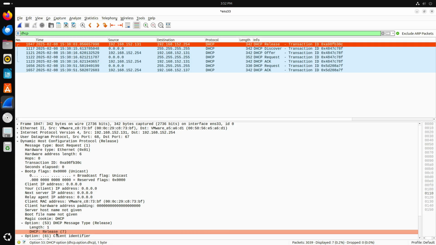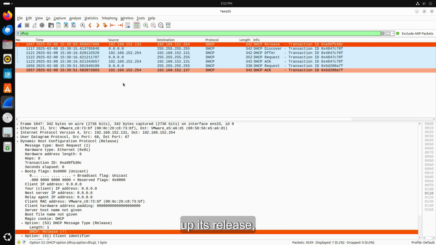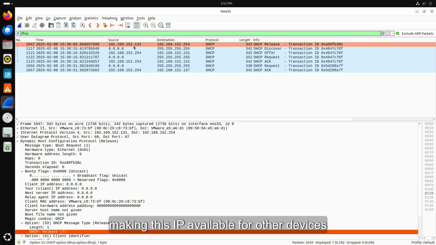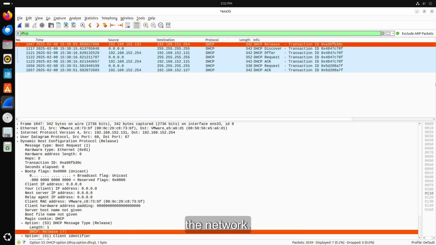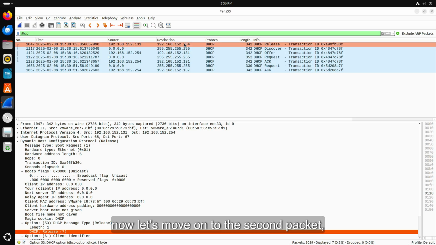You see here. And the client has now given up its lease, making this IP available for other devices on the network. Now that we have explained the first packet, DHCP Release, let's move on to the second packet,